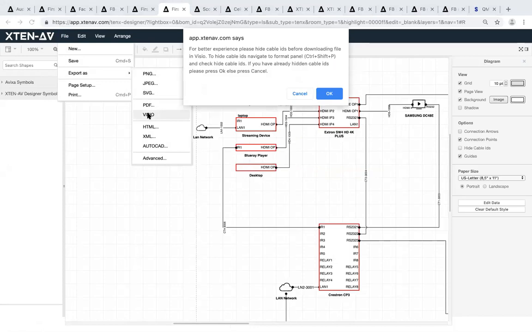For a better experience, please hide cable IDs before downloading the file in Visio. To hide cable IDs, navigate to the Format panel and check hide cable IDs. If you have already hidden cable IDs, please check OK. So what this basically means is